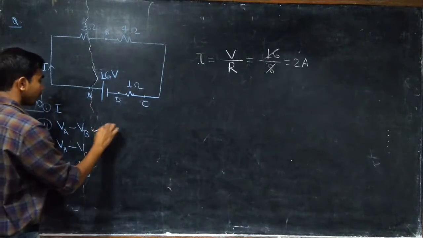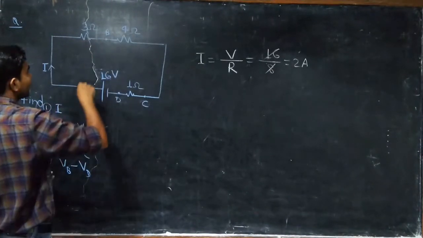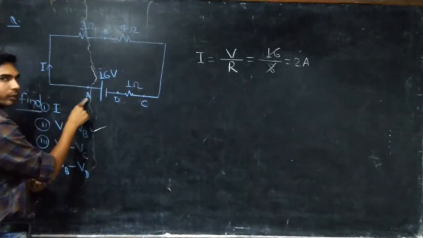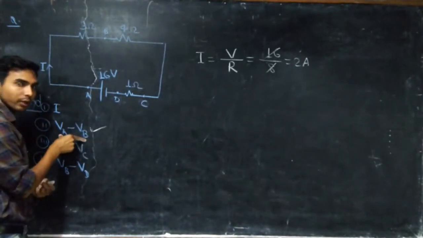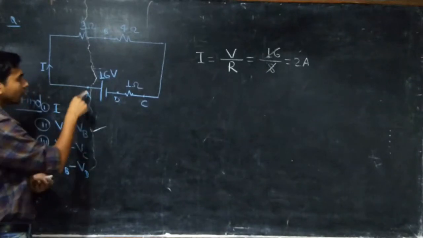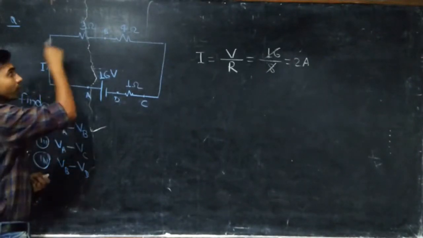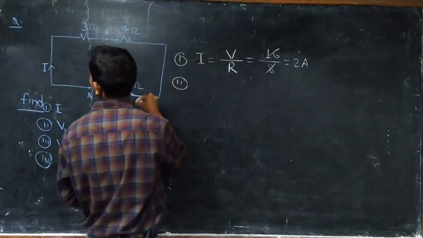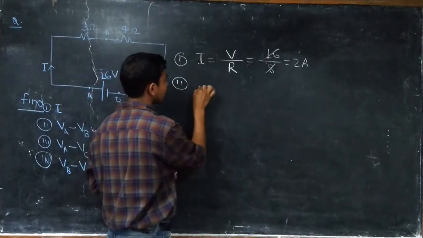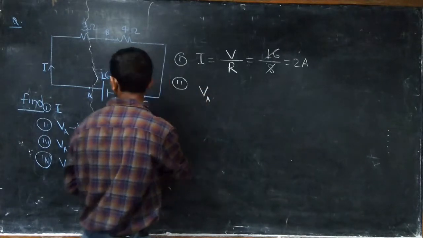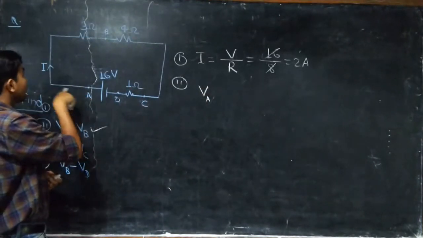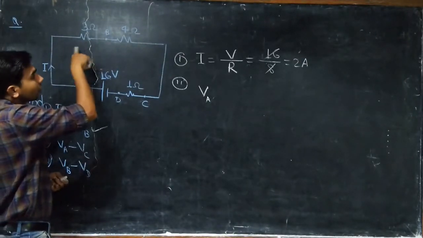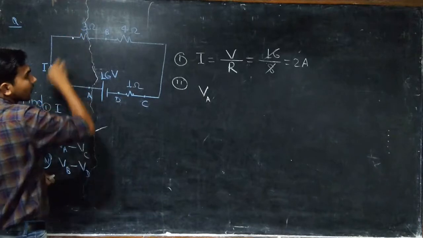Next we have to find this value. So see, this is your 2 terminal, right? As I am going to calculate this value now, potential across A and B, we have to start moving from A to B, right? So first part is done. Second part we can write like this. We have to move from A to B, right? So VA, right? As you can see here, this is coming.